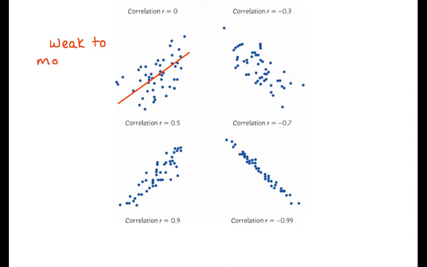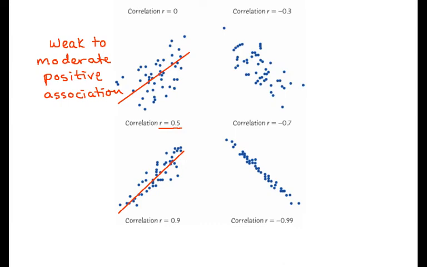So this is a weak to moderate positive association. And we can see that the correlation is 0.5. It's a positive number, and it's halfway between 0 and 1, indicating that it's not super weak, but it's not very strong either. Then if we come down to this bottom picture, the line we would draw looks something like